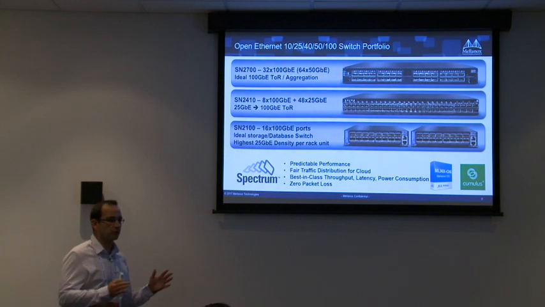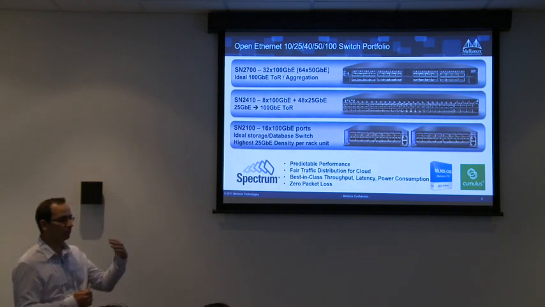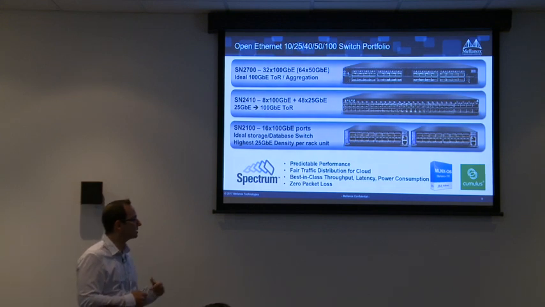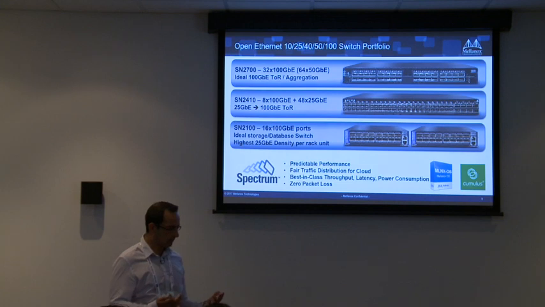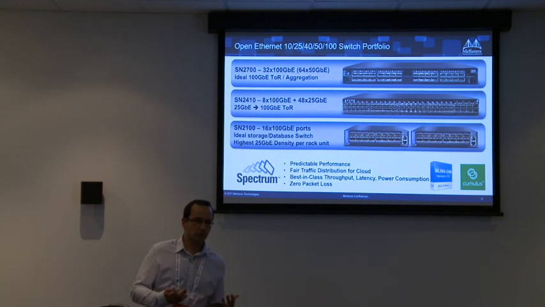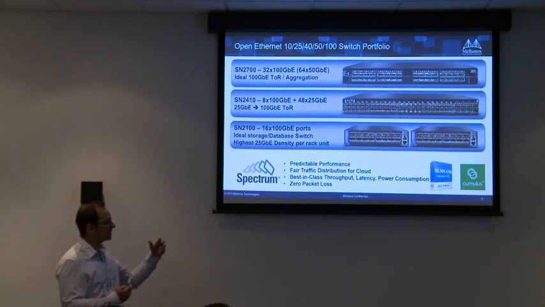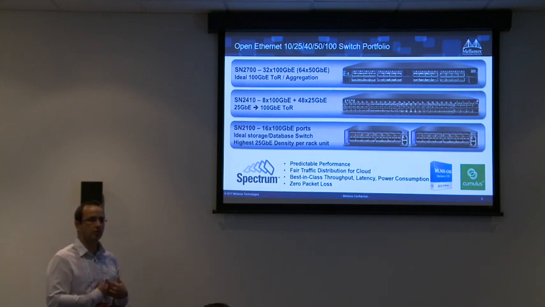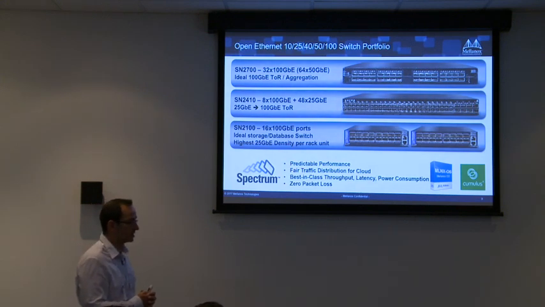Now, what about the switch? What is the purpose of the switch in this flow? So as I said, first of all, sometimes we need to do the VTEP on the top of rack. This is available on all our switch products. Besides that, in general, and not related to overlay, our switch products all are running on top of a silicon called Spectrum. This is our new most advanced silicon today.